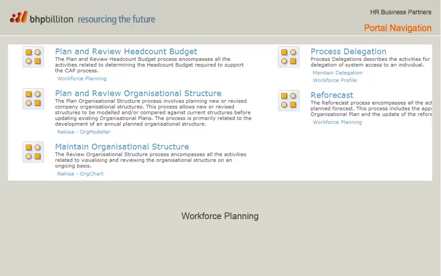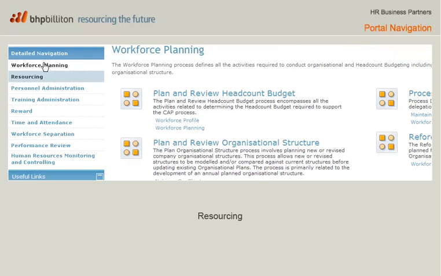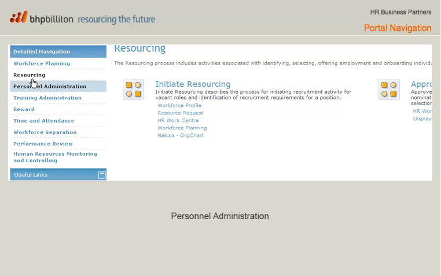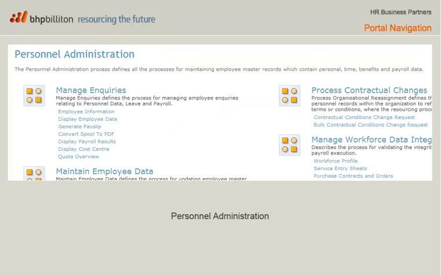Now, let's scroll back to the navigation pane to click on the next section. Click on the Resourcing hyperlink. This screen contains links to onboard new employees. HR Work Center is the inbox for the HR Business Partners forms. Scroll back to the navigation pane. The next section we will look at is Personnel Administration. Click on the hyperlink. The Personnel Administration menu displays